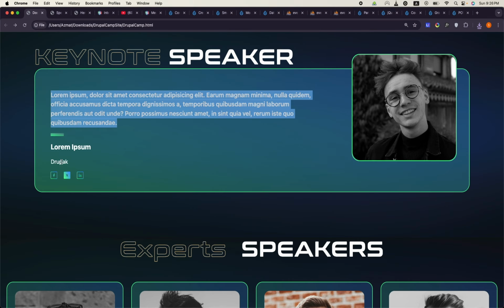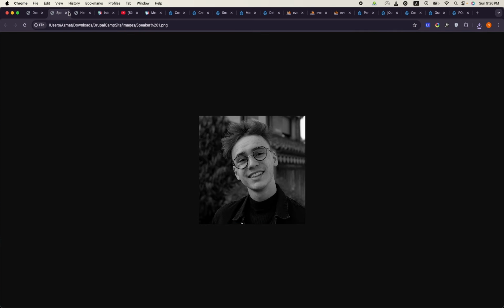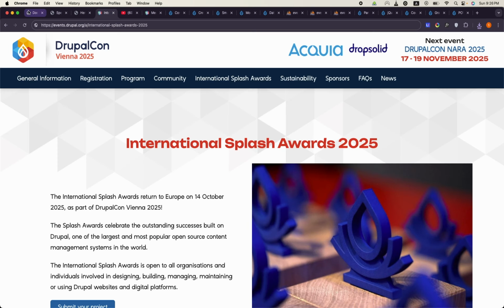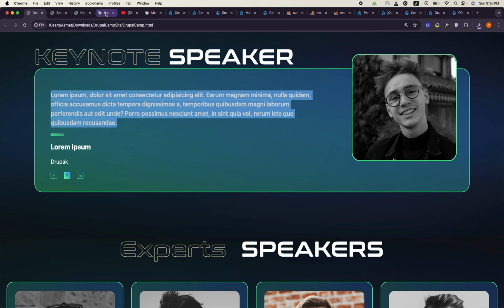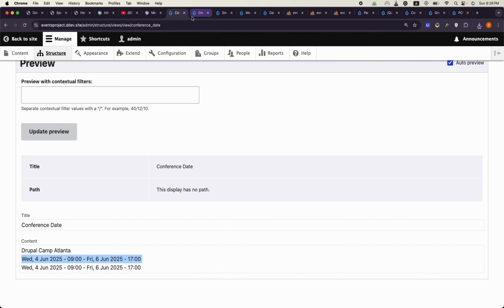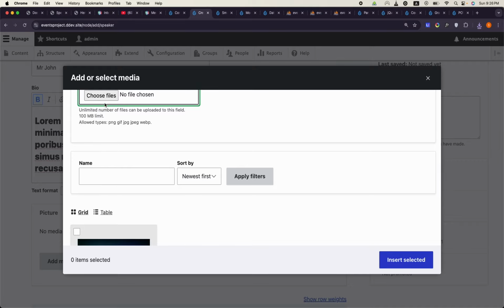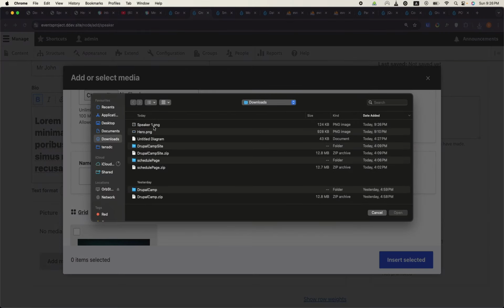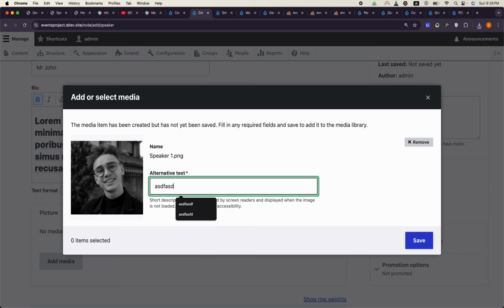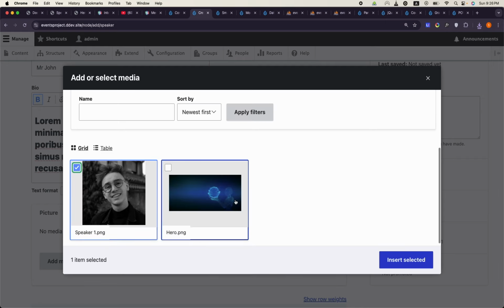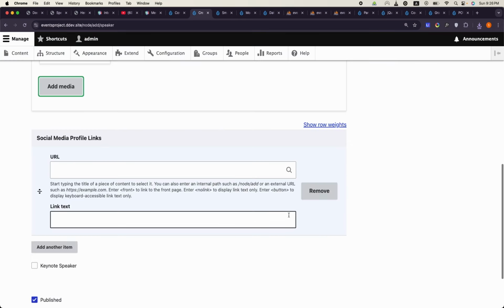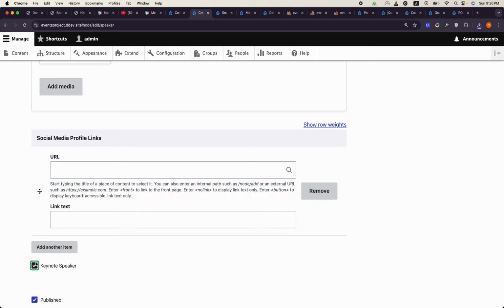And then also these three things. So add a picture, how to make him a keynote speaker. This checkbox. Yes, sir. Okay, this checkbox was created only for the reason that, and also the social media link,